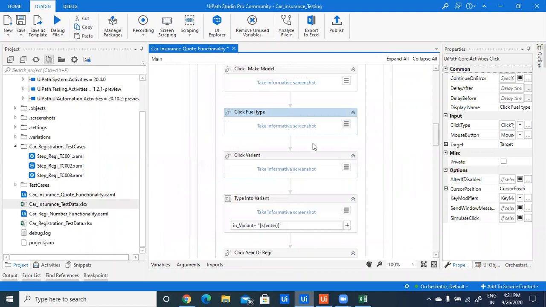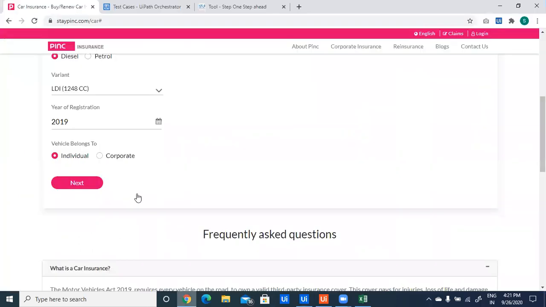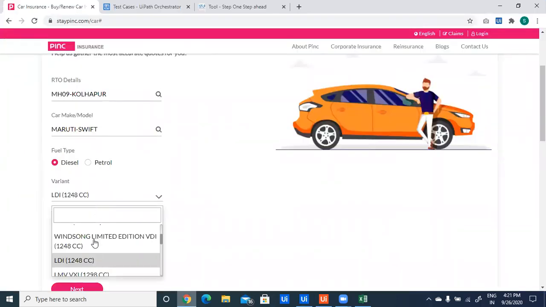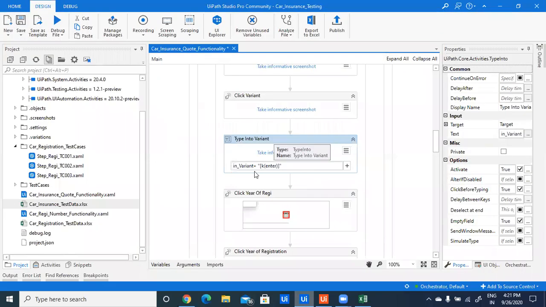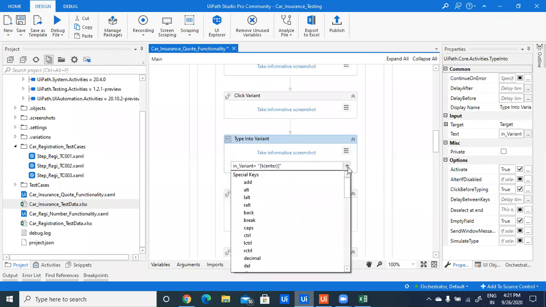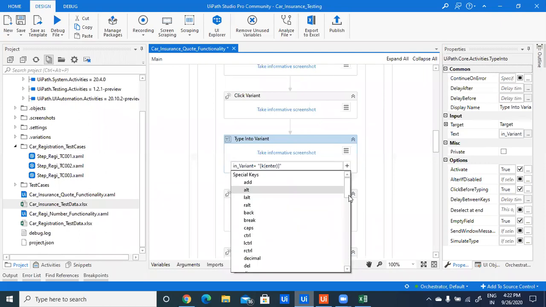After that, I want to type a variant. If I type the variant and press enter, the data will be reflected. So here also I have used a type into activity with an argument coming from the Excel sheet, and additionally I have used enter, which is a special key. After clicking on this plus, we can see the special keys that we can use.